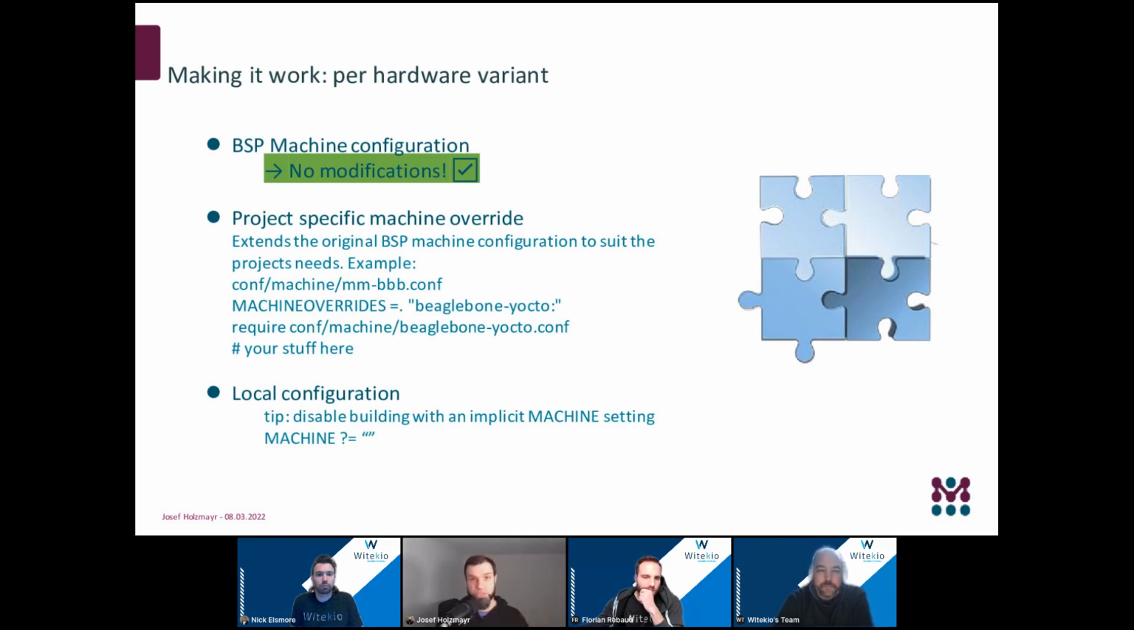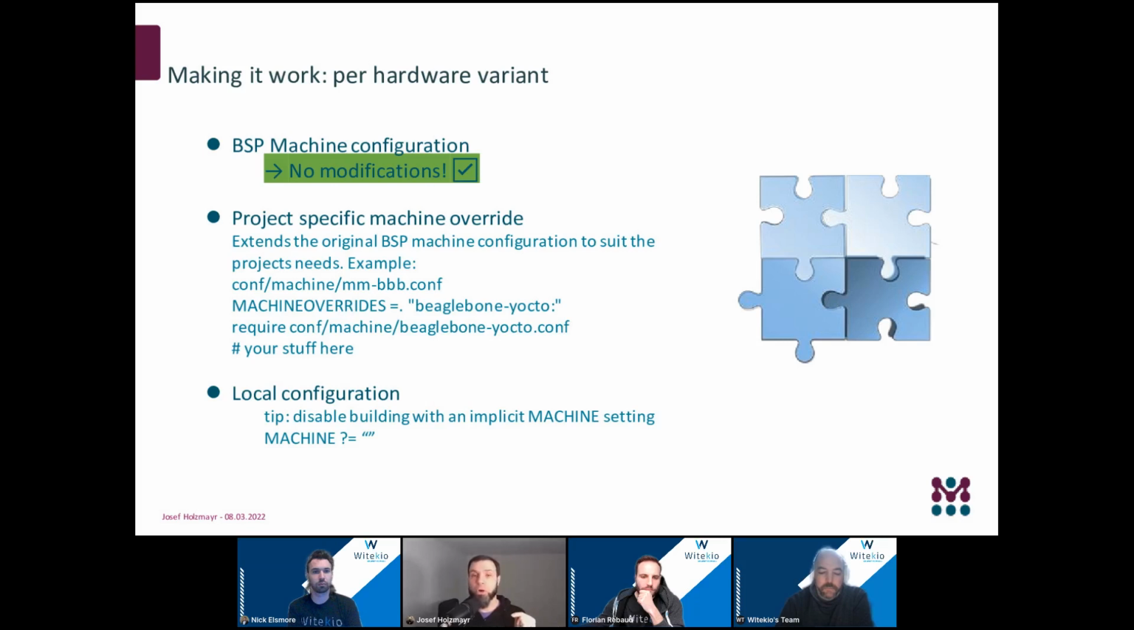And in conf/machine, this is the canonical path, I drop my new machine configuration. That file name defines the final name of the machine. And here comes the trick. I just define the machine overrides as BeagleBone Yocto. This tells all recipes, okay, you can behave like this was a BeagleBone. And then I pull in the original machine configuration. Now I have a perfect clone of the BeagleBone Black that is based on the original, but I can override stuff